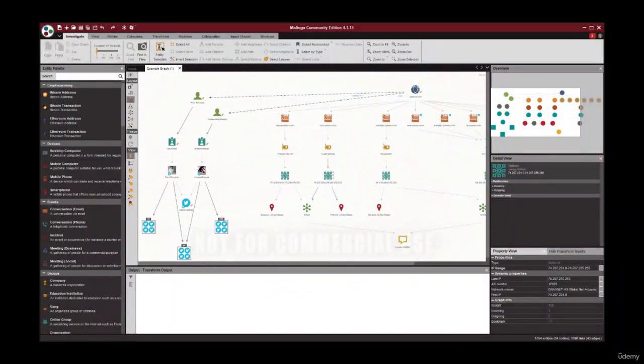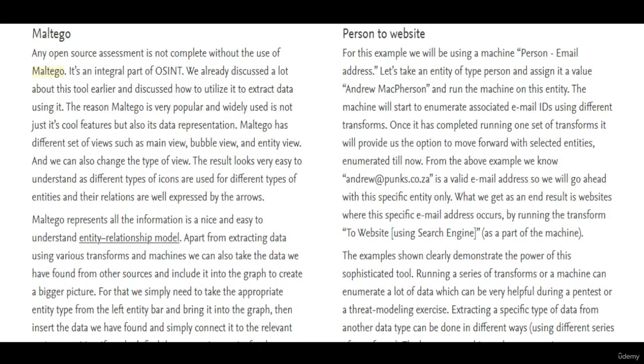You guys can see this type of dashboard in Maltego. So Maltego, any open source assessment is not complete without the use of Maltego. It's an integral part of OSINT. We already discussed a lot about this tool earlier and discussed how to utilize it to